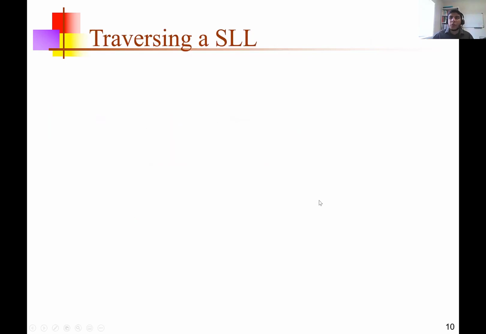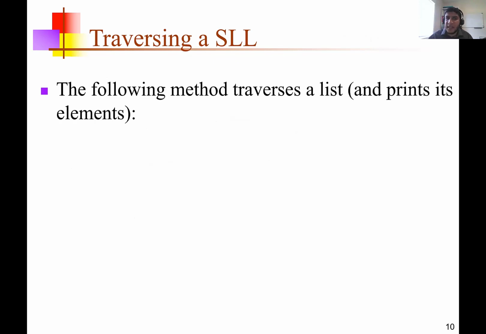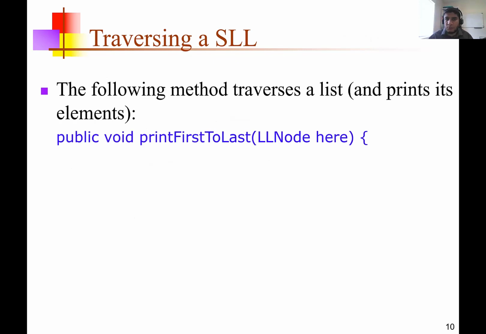Good. So now, assume we want to do some operations. Remember, an object or a class has two things: instance fields, meaning characteristics and attributes, and actions or methods. So assume I want to write some methods, for example, traversing a singly linked list. Let's first think about the logic or the algorithm. What do I want to do? The only thing I need, as I said,